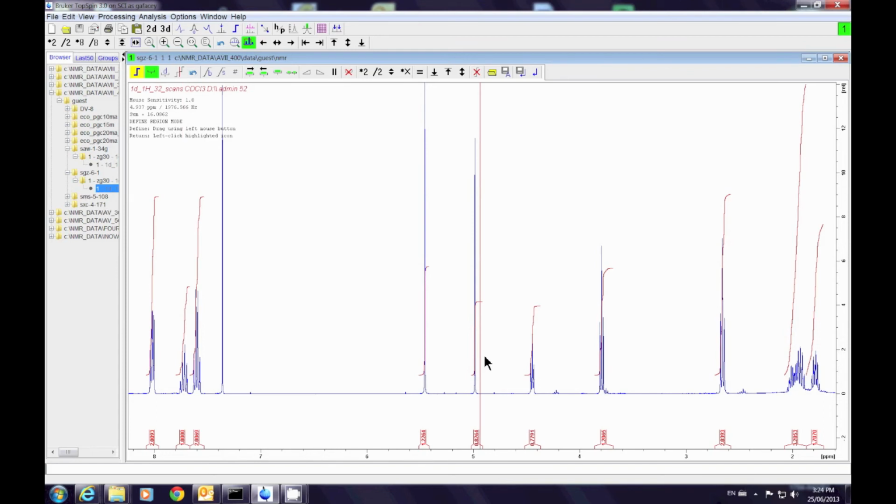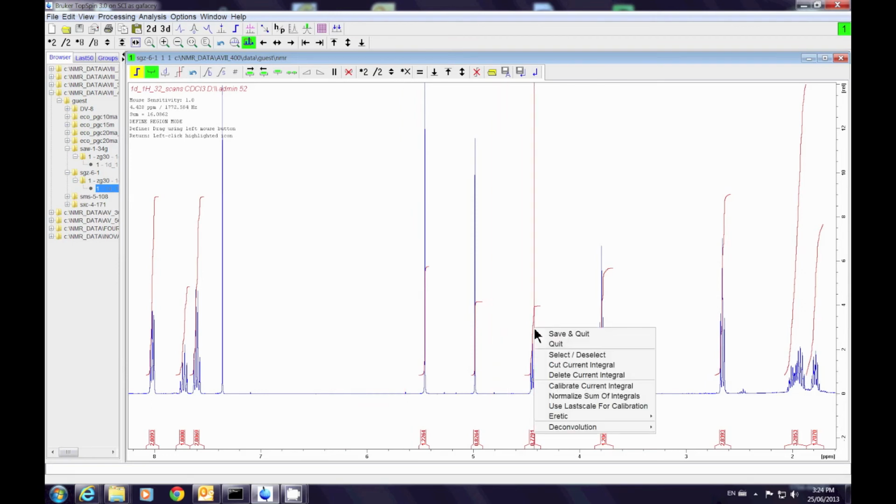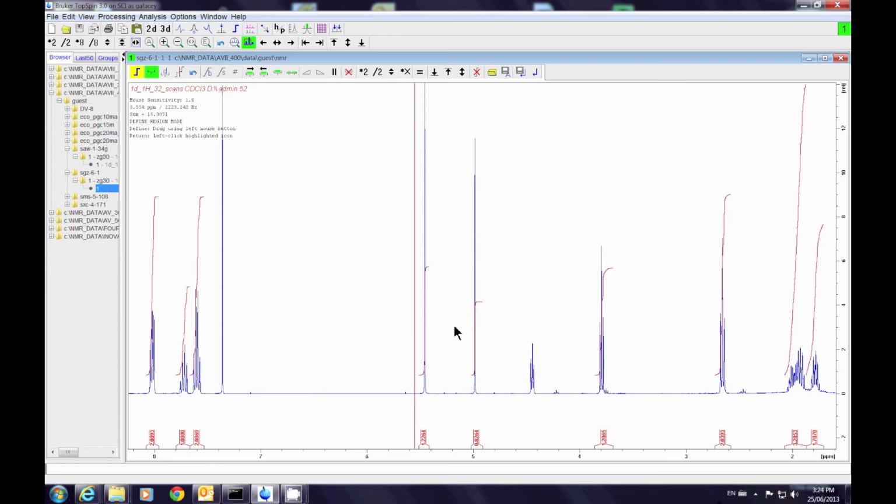If there's an integral in the spectrum that you don't want because you think it may be an impurity or something like that, you can click on that integral, right click on it, and click on delete current integral if you want. If you said, oh, that's a mistake, I really want to integrate that, you can reintegrate it by just dragging across it. These integrals are now given values that are scaled with respect to this integral at 1